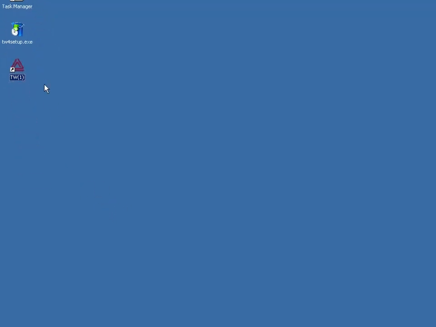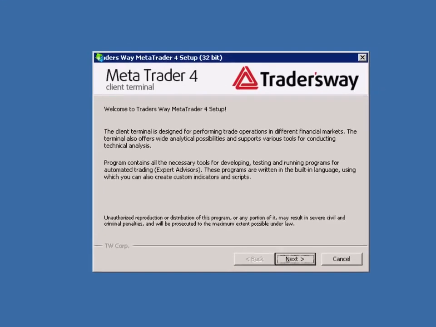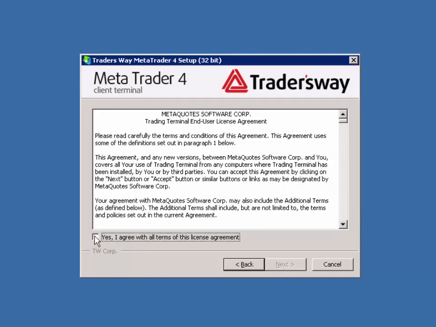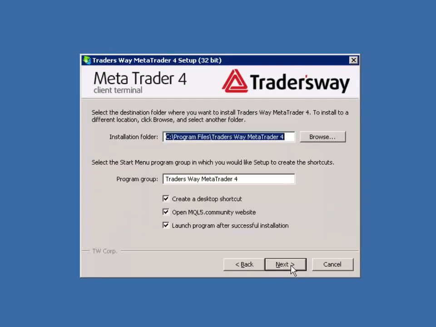Now let's proceed with the second installation. Double-click the tw4 setup.exe and follow the exactly same process. Click Next, click Yes, I agree, click Next. In this case, for the installation folder, we are going to choose MT4